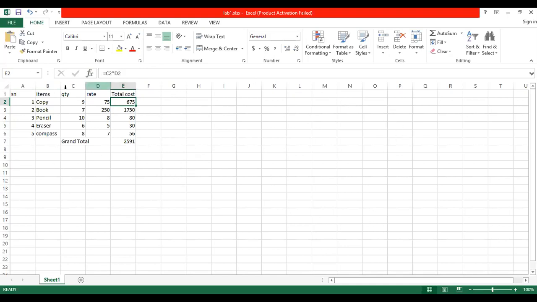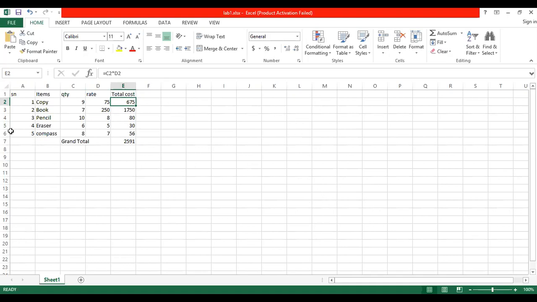Now you have worksheet. What is called a worksheet? This blank page is called a worksheet. An MS Excel page is called a worksheet. Or you can say that the current page or the active page where we insert the data for calculation is called a worksheet. So this page is called a worksheet.